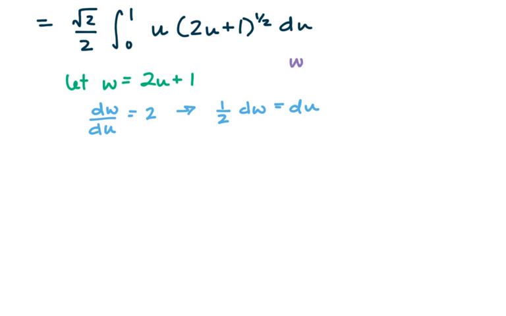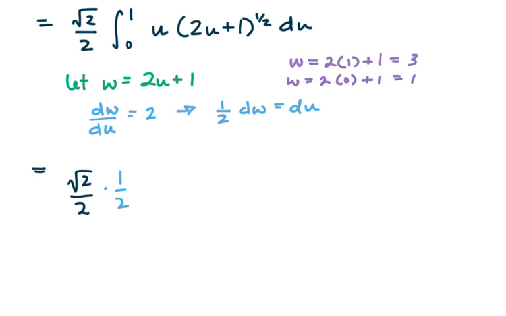And then my bounds: w equals 2 times 1 plus 1 is 3. w equals 2 times 0 plus 1 is 1. So this is root 2 over 2, times 1/2, the integral from 1 to 3